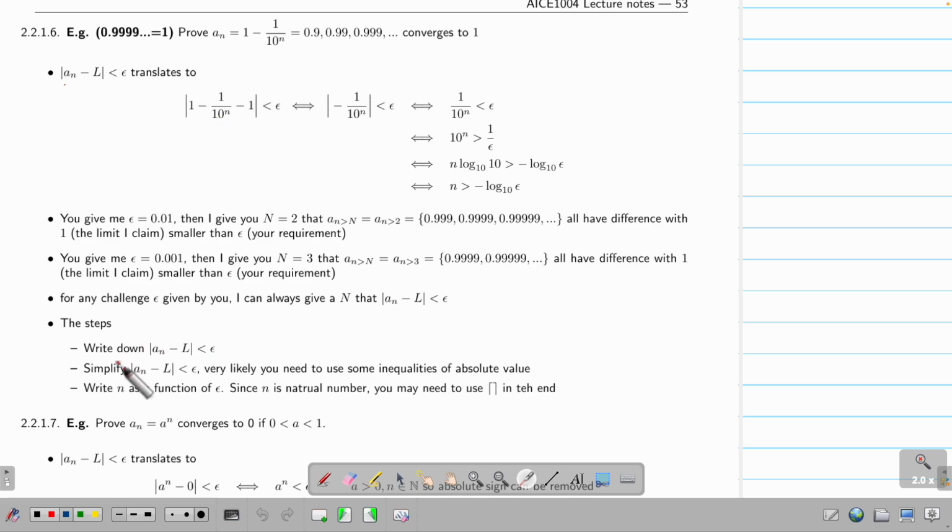And then what? Step 2, simplify the math. Remove redundant things. So 1 and 1 cancel each other. Give me this. Absolute value kills the negative sign. So it gives me this. And since this part is always larger than 0, I also don't need absolute value. Okay? So I have this. Then what? I want to find big N. Big N will be something based on small n. So first I find small n. So this gives me small n. And here all are if and only if. What does it mean? That means if n fulfills this condition, this is true. Then I just let big N be this number. Done. But it's possible this is not an integer. So this guy, the closest integer of my log epsilon,